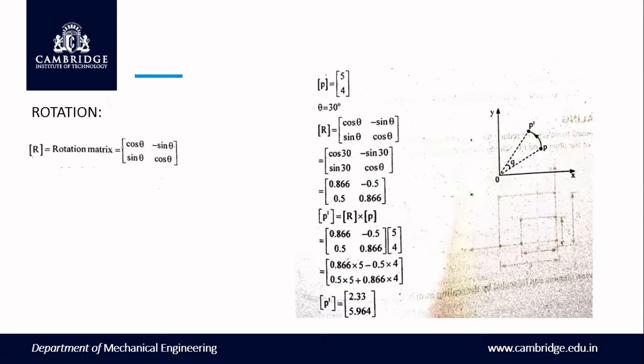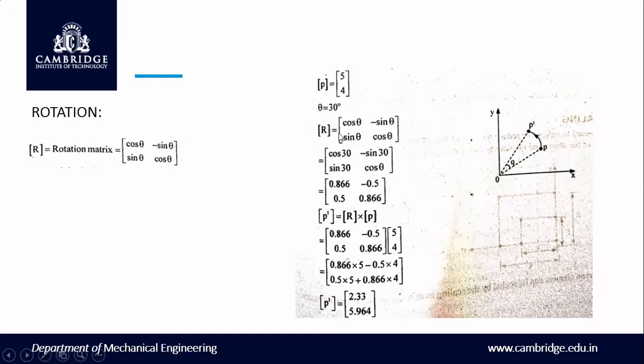Okay, and then for rotating, you require a rotational matrix. That has to be derived. The rotational matrix is given by the formula cos theta, minus sin theta, sin theta, cos theta. They are supposed to give the value of theta, it may be theta is equal to 30 degree, 40 degree, 60 degree, 70 degree, whatever it may be. Here p is rotated to p dash. Okay, now the value of p they have given is 5 comma 4. Okay, theta is 30 degree.